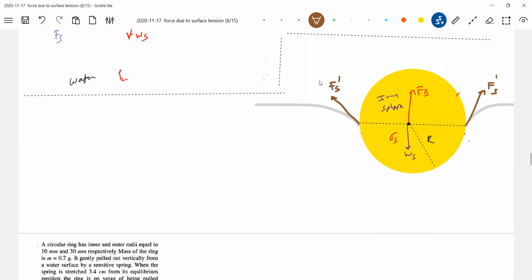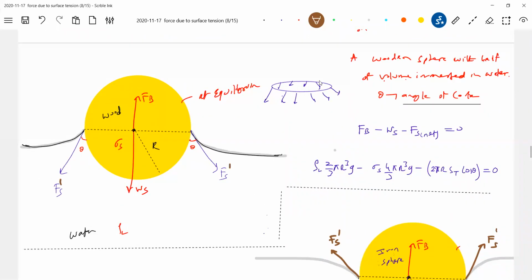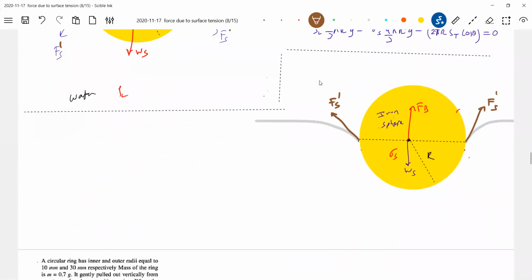If you want, you write Fs dash, because I think some students are asking, sir, why are you not writing it. Total force will be, you should take the component of all these forces everywhere: surface tension into perimeter into the component of that. So here an iron sphere immersed in mercury. What is the angle of contact? I'll call it alpha, because theta we are using every time.